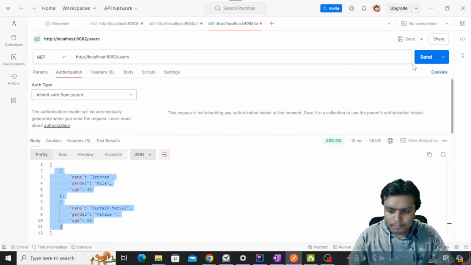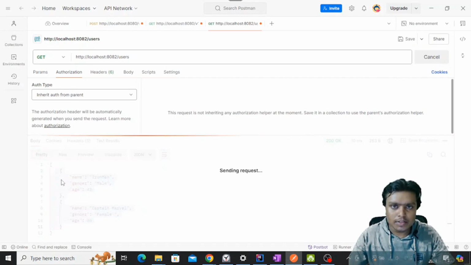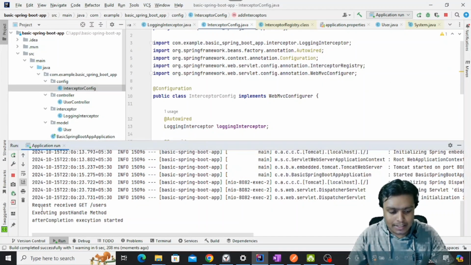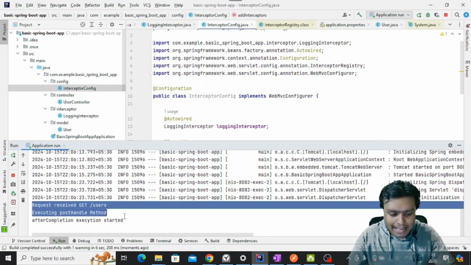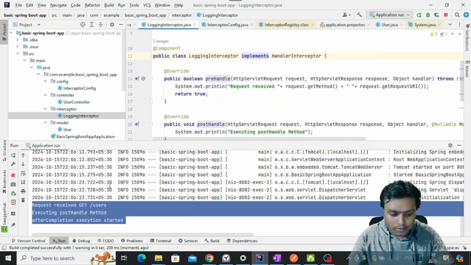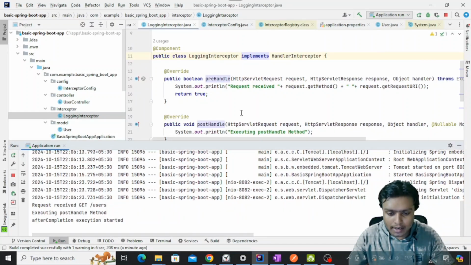If I go and hit this request, you see I can see three different statements which I have added in my logging interceptor class. The first statement getting printed is request received, and then the method, and then the endpoint.